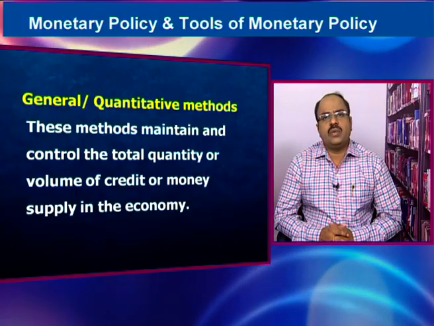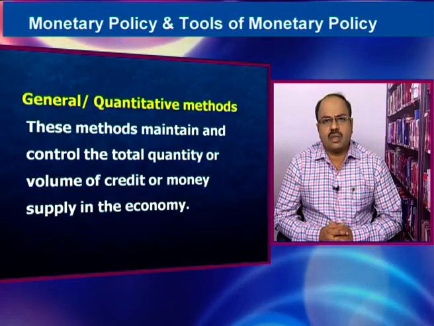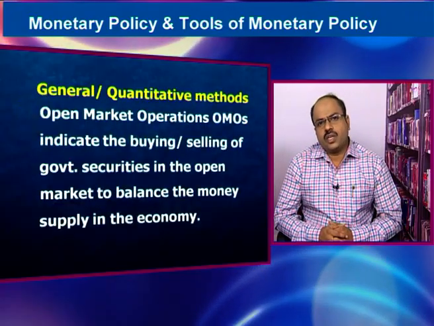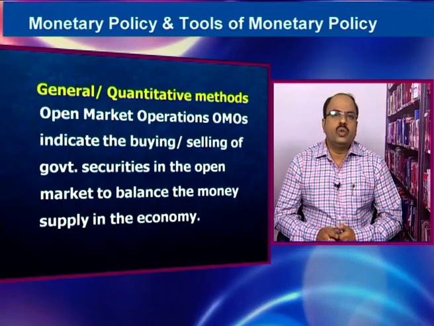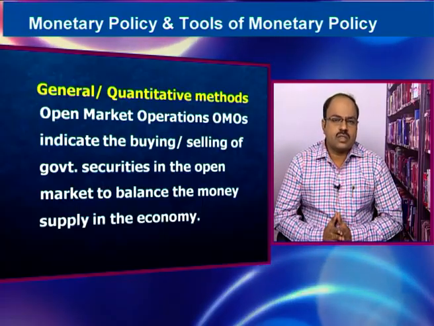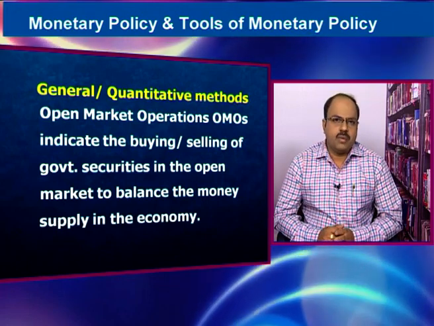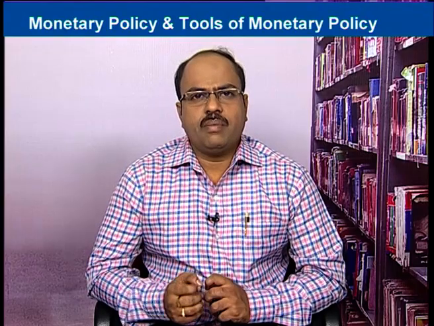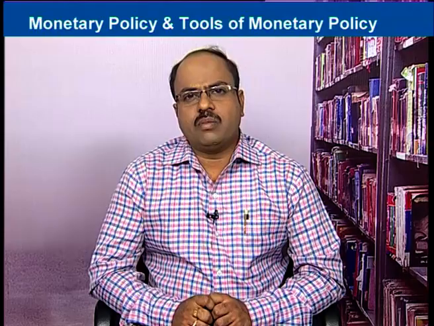So how can this be seen? How can we measure the total volume of money supply available in the market or in the economy? Through open market operations or deployment of credit, as well as through the flow of money from the Reserve Bank of India to commercial banks to the public, or from commercial banks to RBI. Okay. So there will be an agreement, a memorandum of understanding, between the Reserve Bank of India and the commercial banks.